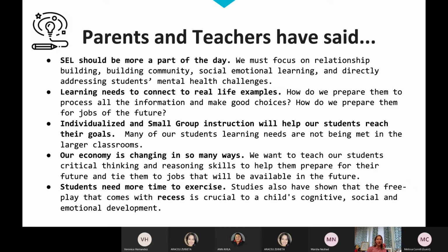Also, learning needs to connect to real life experiences. This is so exciting, and we're really going to be identifying weekly how we can connect to real world examples. And so I'll talk about that with our passions block. We know that individualized and small group instruction is going to make us get to where we need to go